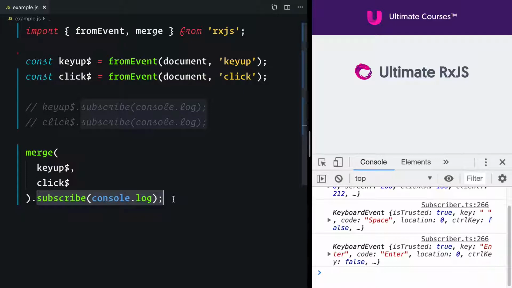But this is sort of a contrived example. In most cases, the way you will handle emissions from one stream will differ greatly from how you handle another. Maybe the keyup stream is updating one section of your UI or making a certain API request, while the click stream is managing something completely different. With merge, there really has to be a unified reason you want to take action based on a combination of multiple streams. To see a more real-world use case where it makes sense to use merge, let's step back to